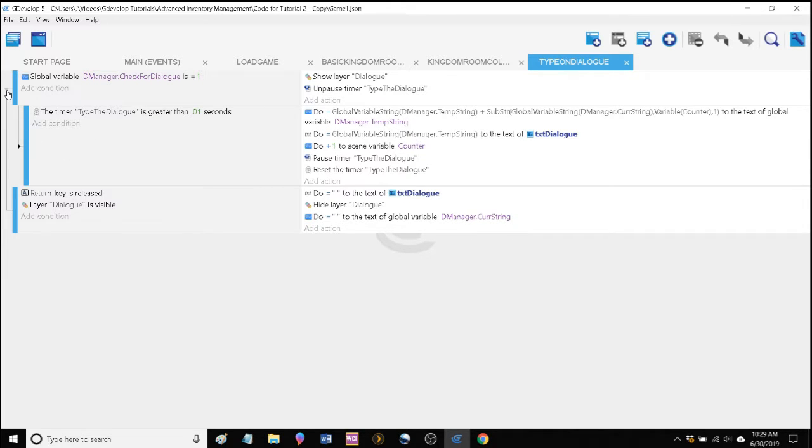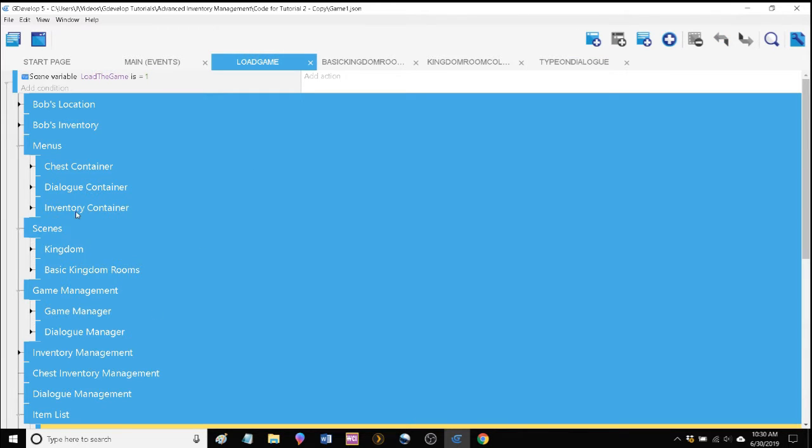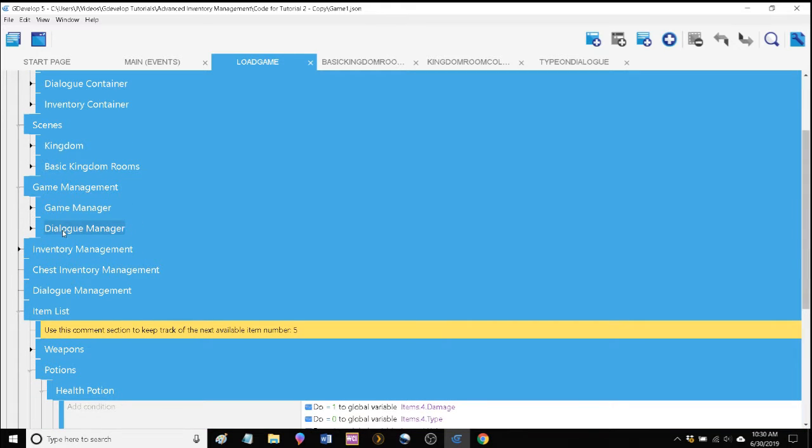So what we really want to do to clean this up a little bit is we actually want to create a new sort of section here that just clears out that code and stops it completely, stops everything. So this is how we're going to do that. We're going to go into our load game external event, and we're going to go into dialog manager under game management,